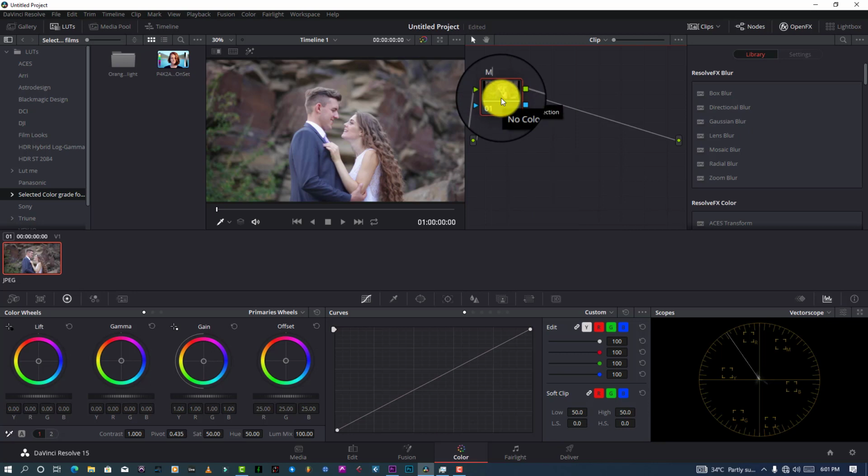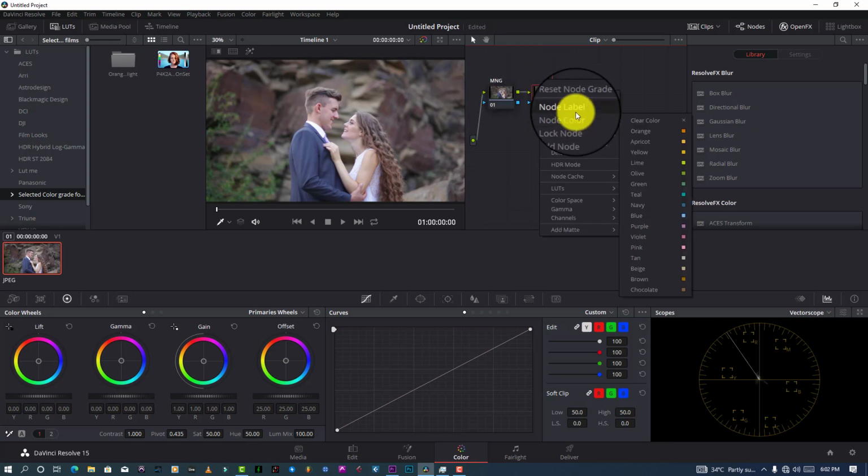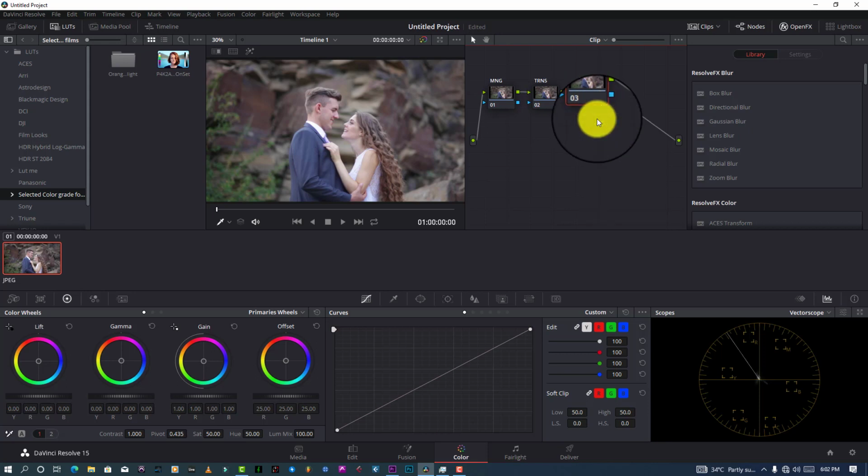If you used to watch my tutorials, I always do this. The first node is going to be management. The second node is going to be a transform. Another node is going to be